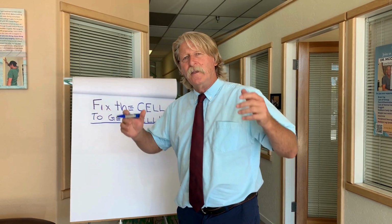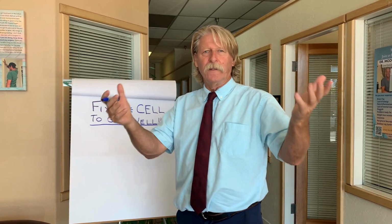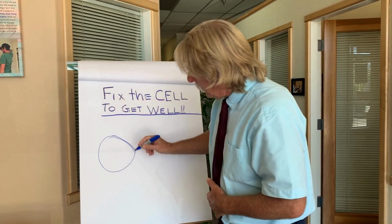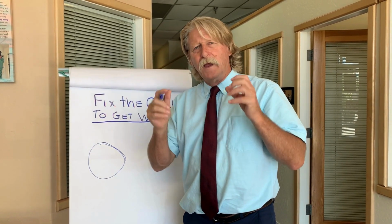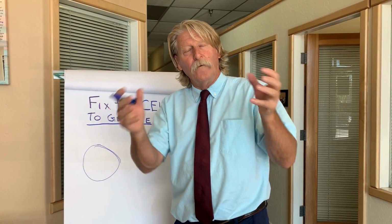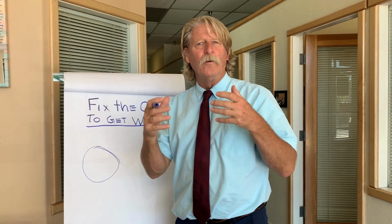All of those cells are alive, and they all work as groups, they all work as organs and systems, and then they all work together to let us do what we want to do, which is thrive in life. So if we look at a cell, it is very important to understand that the cell has a membrane, and that membrane is made out of essential oils and gates and pathways that allow nutrients in, hormones to communicate, fuel in, and then of course the toxins have to get out of the cell,